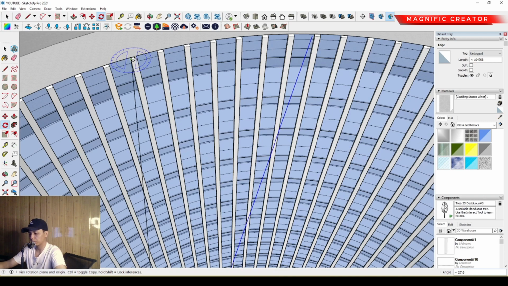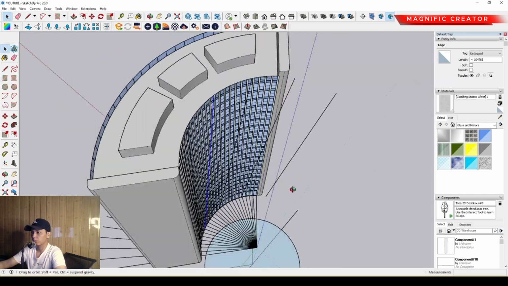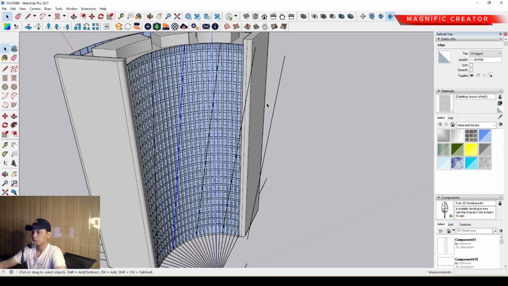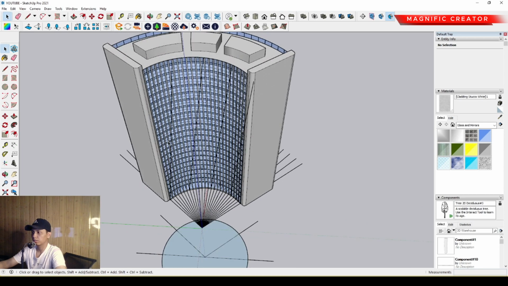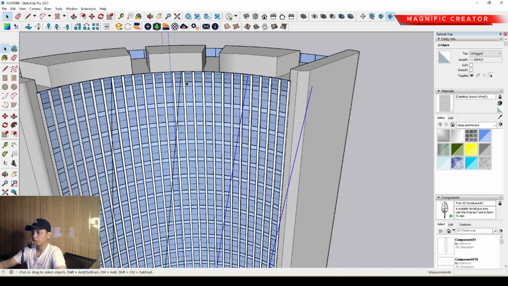We can type X4. Okay, it's just for example anyway. So then we can make it to be one group anyway. We can make it to be one group,